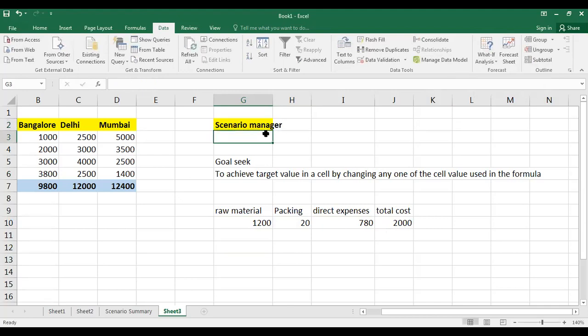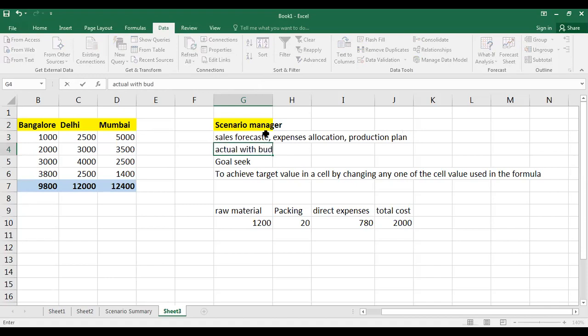So scenario manager is about what? It's basically used in places like sales forecasting, then expenses allocation, then production plan. In all these planning areas, you can introduce scenario manager where you can compare actual with budgeted plan.